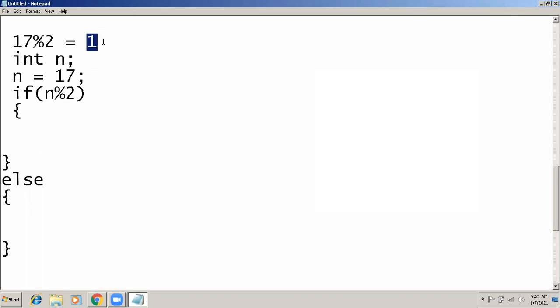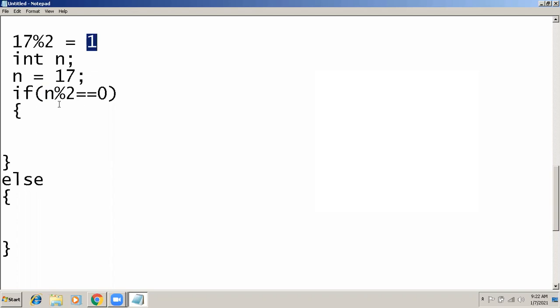But 1 does not mean true or false. 1 means 1. Yes, sir. So half the part is correct, n modulus 2, and then we have to compare this n modulus 2 value with 0.